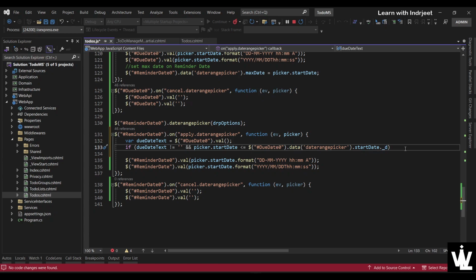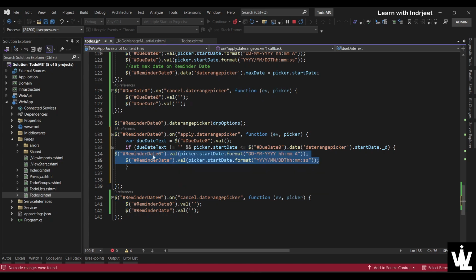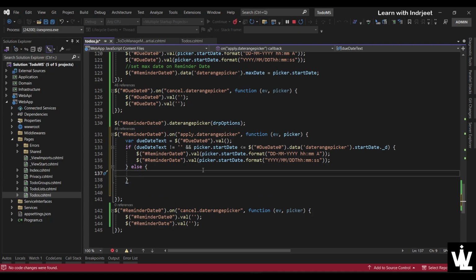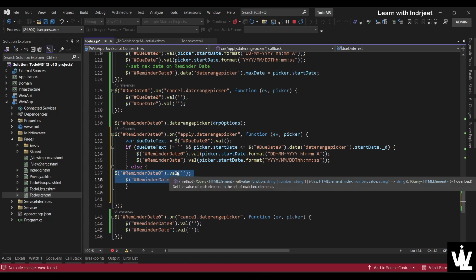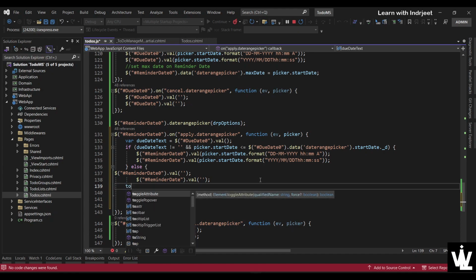Okay, if this condition is true, only then set these two values on the reminder, else just make both of these empty, so that